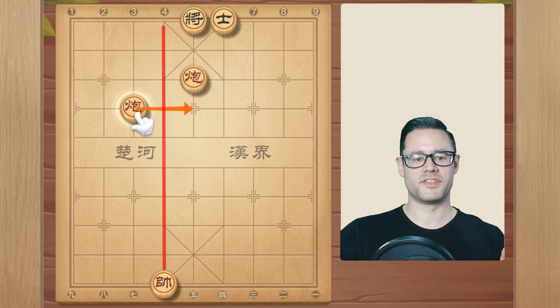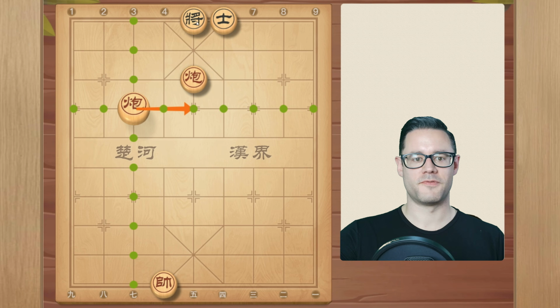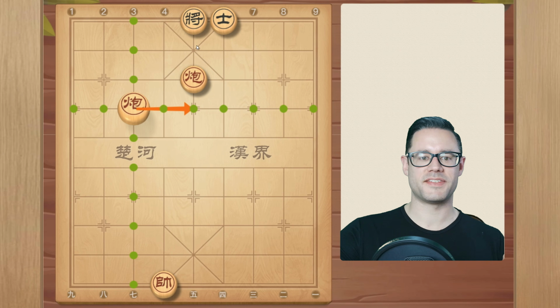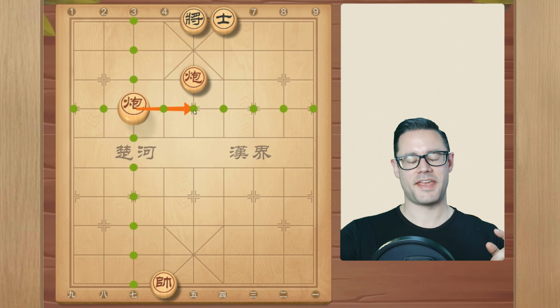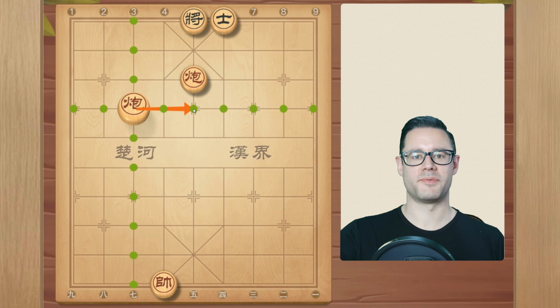So we've got our general positioned here, pointing down this file. The opposing general cannot step into that line of sight of our general, meaning that if we move our cannon over to target the general, so it has one piece to jump over, he can't sidestep it. And again, with the double cannon checkmate, it's unblockable, meaning you can't put a piece in front of the general to save it, because even though that cancels out the threat from the back cannon, it produces a new one from the front cannon, which would now have one piece to jump over. So let's go ahead and checkmate the general.